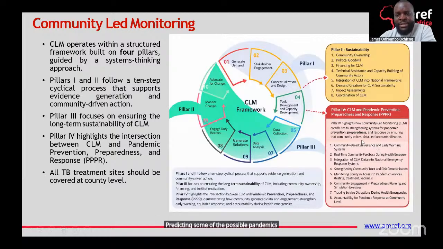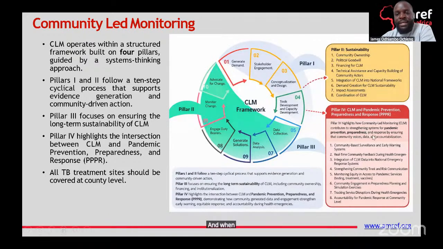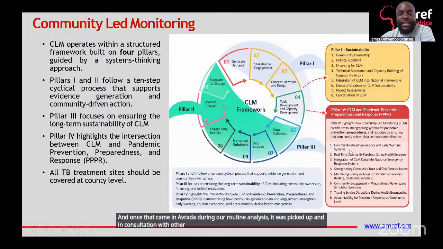A good example was sometime back last year, we had a stockout of BCG vaccines. And one of the platforms where the issue was reported was on iMonitor. And once that came in our radar during our routine analysis, it was picked up and in consultation with other organizations, especially HENET, they were able to bring this to the media.